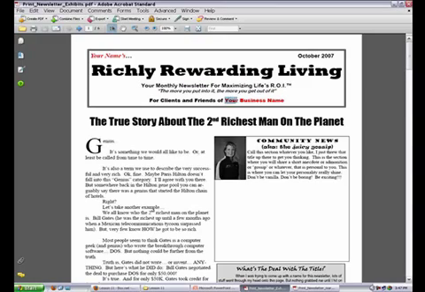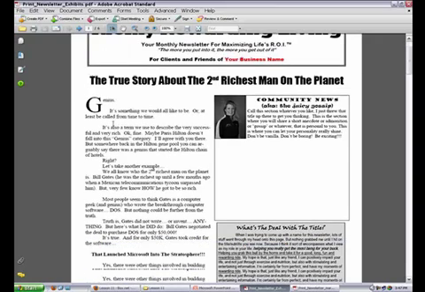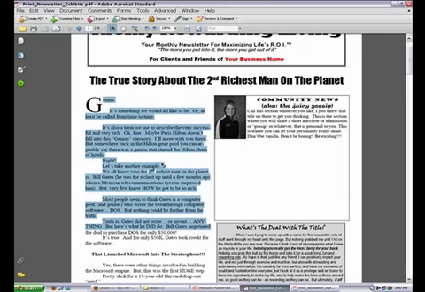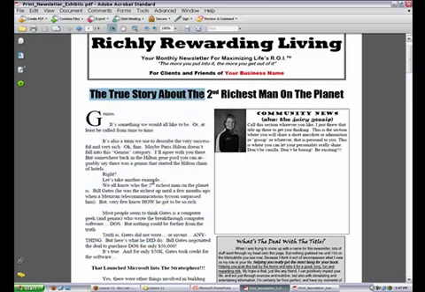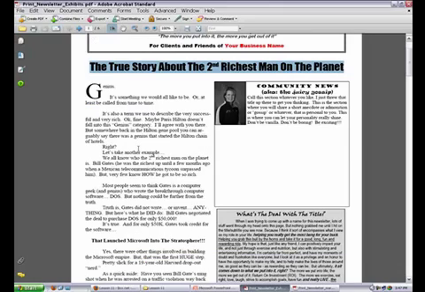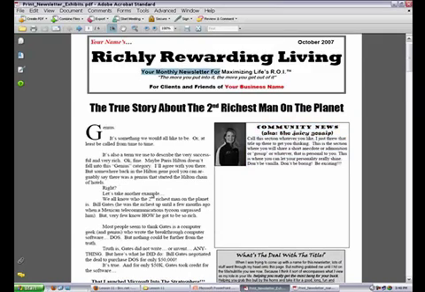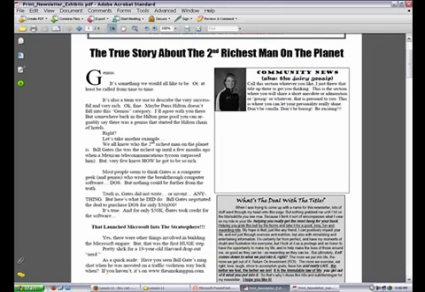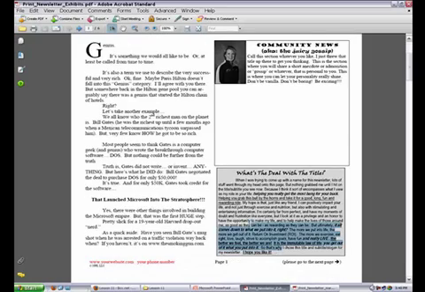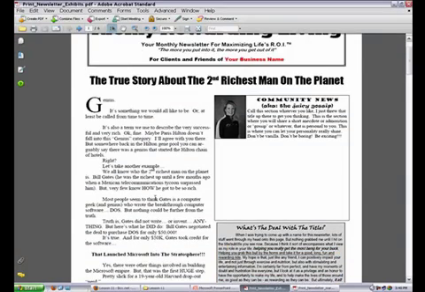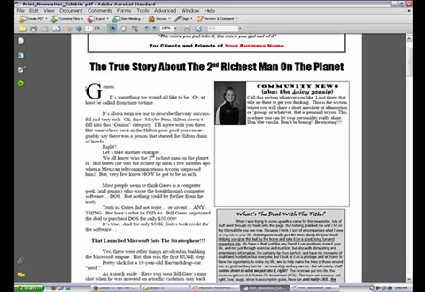People personalize their stuff here with their business name, your name, the business principal's name. And then usually it starts with an intro here, and this is always an interesting subject, the true story about the second richest man on the planet. This is also a place we always recommend a photo. There's some kind of community news section here, and we've always left this in. What's the deal with the title? Because it's an unusual title, we explain it, and it's also a relationship-building piece right here. You can see it's a drop cap here, usually to introduce it.